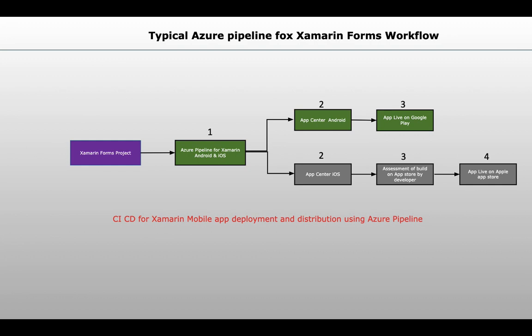CI/CD, as the name suggests, is something everybody is familiar with now, because it's trending, right? Basically it's continuous integration and continuous deployment. What happens in continuous integration is that every time you check in the code, some triggering event will happen, and automatically your build will be pushed to your store, and it will go live within a very short moment of time.